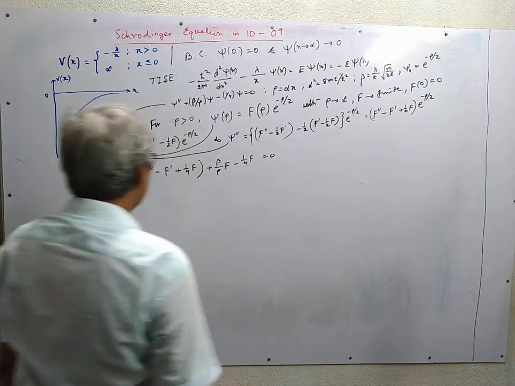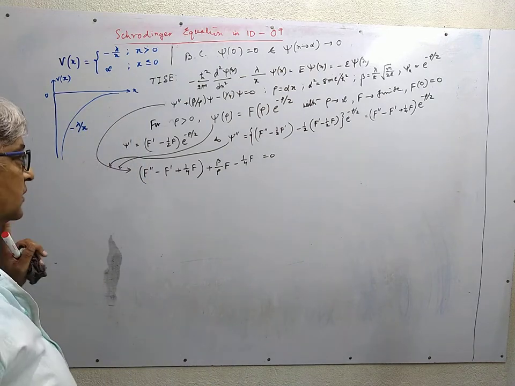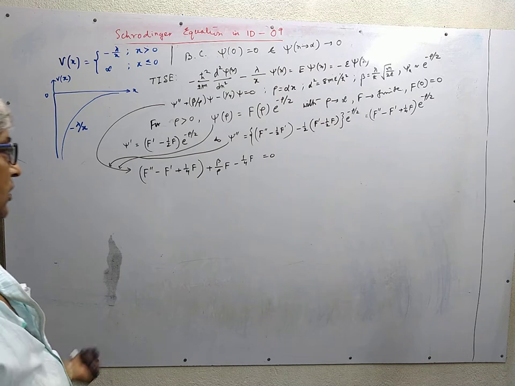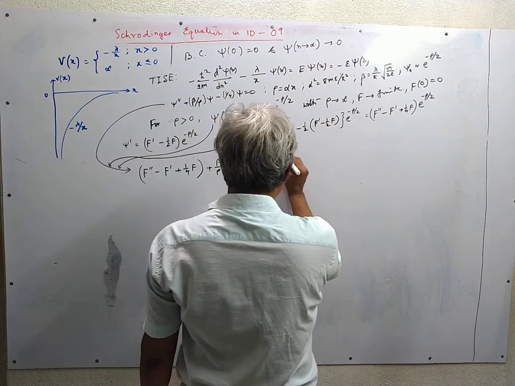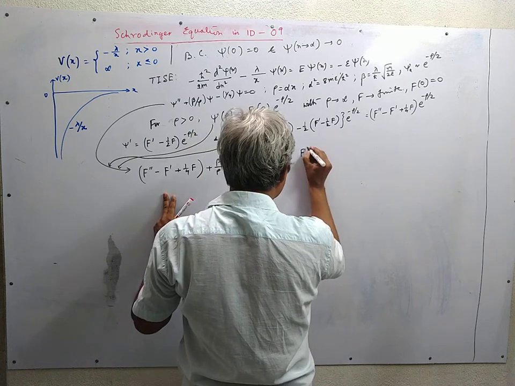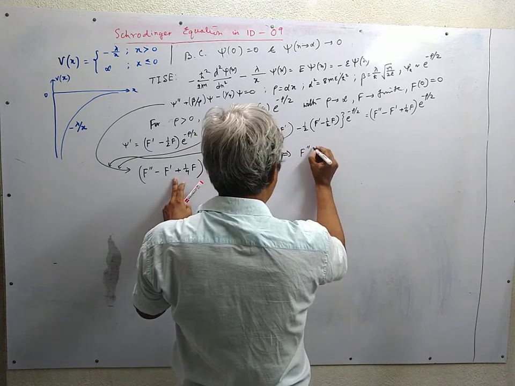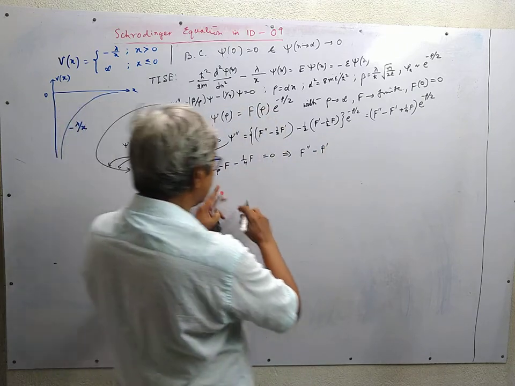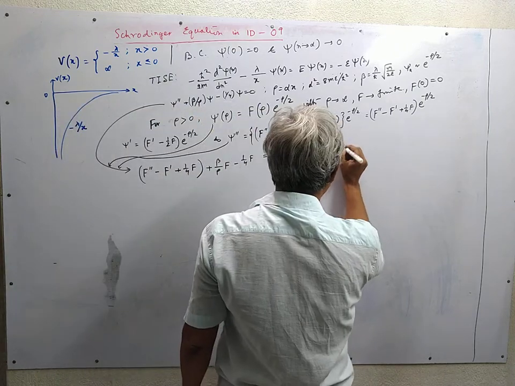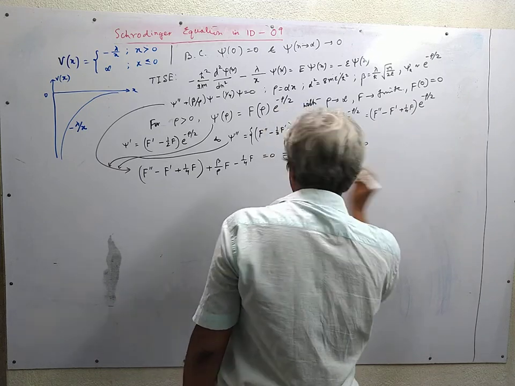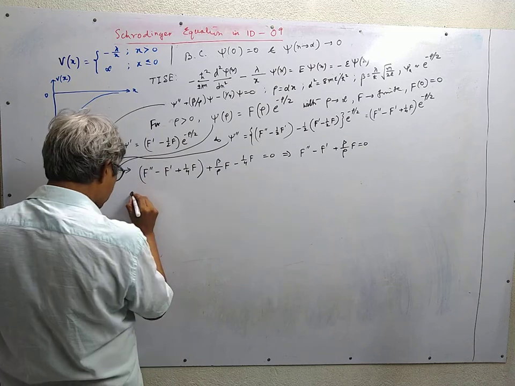We have neglected the e to the power minus rho by 2 term, which is to be multiplied by all this. So this is f double prime minus f prime. You see that these two get cancelled, plus beta by rho f is equal to 0. If we multiply all the sides by rho,